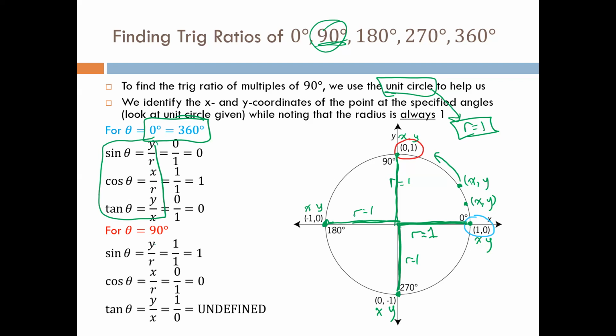Okay, for 90 degrees, the sine ratio will be y over r, which in this case is going to be 1 over 1, and 1 over 1 gives me 1. My cosine ratio is going to be x over r, which is 0 over 1, which ends up giving me 0. And my tangent ratio is going to be y over x. And in this case, we have 1 divided by 0. And what's 1 divided by 0? Well, it says undefined in a calculator, but really what this is actually going to look like is infinity, because